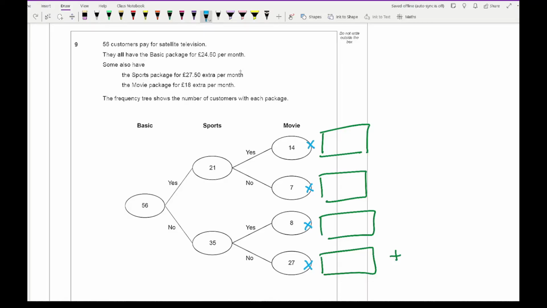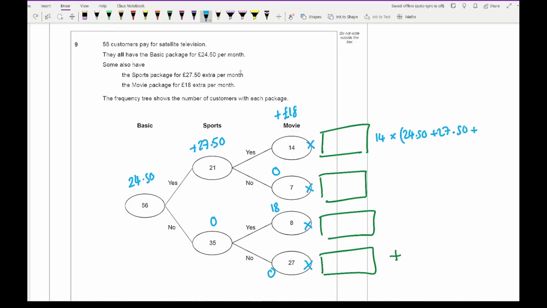So the basic package is £24.50. Now if they have sports, it's going to be another plus £27.50, and if they don't, then it's just 0. Then if they have movies, it's going to be plus £18. If they don't have movies, it's 0. So this is what I then need to add up. For the first one, it's going to be 14 times £24.50 plus £27.50